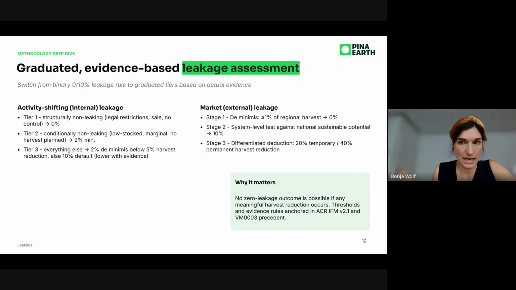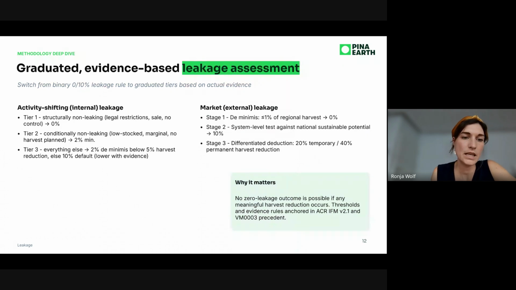And then tier 3 basically refers to all areas that cannot be easily categorized in tier 1 or 2. If areas are excluded from the project area that are in the project proponent's control, then the areas are categorized in these tiers. And depending on where they are categorized, a staged leakage deduction of 2% or 10% could be